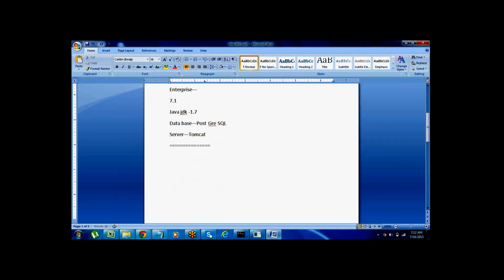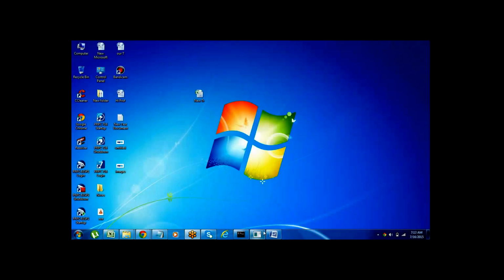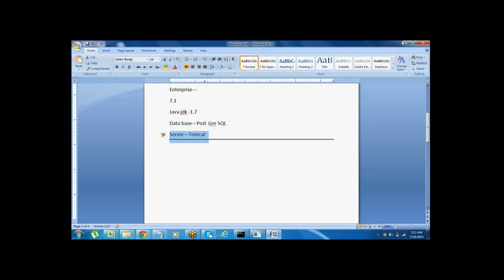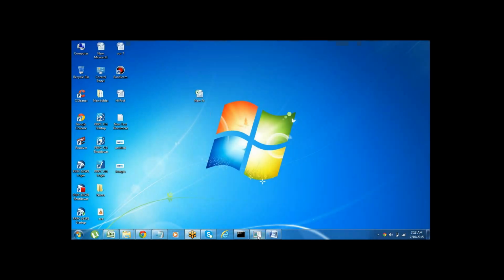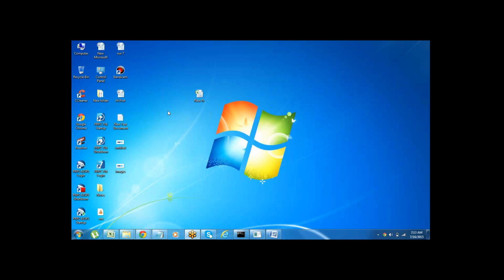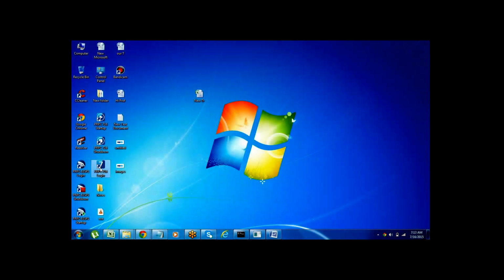And another thing is, let me show the tool. After that, I'll take the questions. If you want to log into the tool, you have to start the server. The server will be internally in our system itself after installing the personal edition. The server is already started in my system. It will take some 2 to 3 minutes to start this server. Once the server is started, you can click on the login icon.